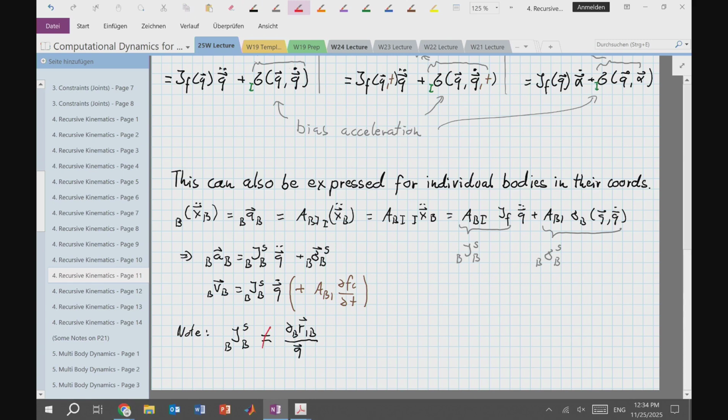Those two are not the same. Simply because partial R_IB in B coordinates, partial q, times q dot